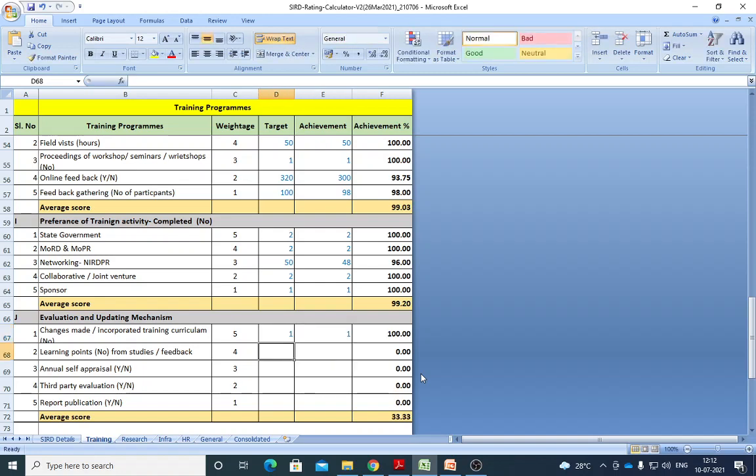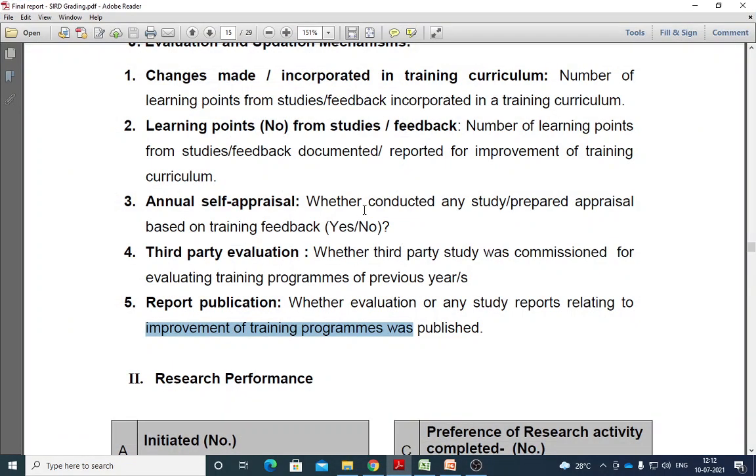At the same time, the learning points and studies feedback: whether you conducted them, how many you conducted, those points you took from last year's feedback, 5 or 6 points, and you have now implemented them for the studies. Yes, I have taken 5 points and I also implemented and modified them. Self appraisal, like appraisal reports: whether I gave the explanation, and it is also given, whether they conducted any appraisal based training feedback or not.